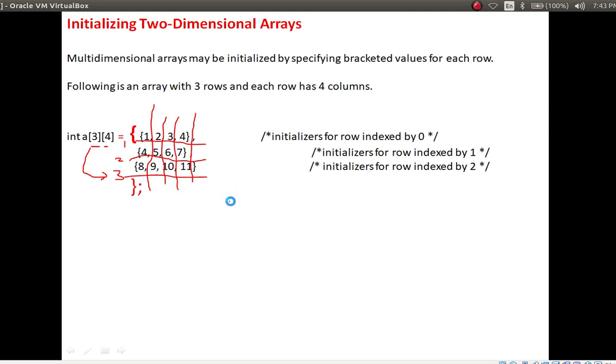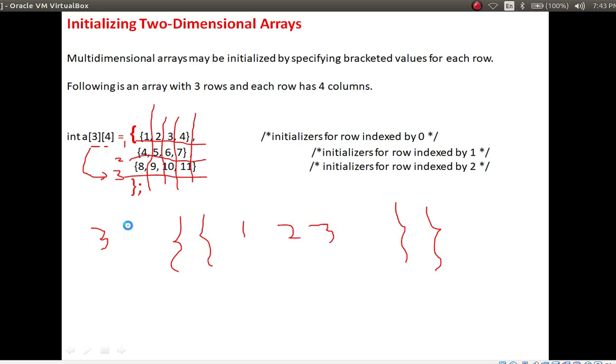So how do we initialize this two-dimensional array? With the help of brackets. This is the main bracket, and inside it you have to represent the given arrays. First you have to understand the size of the two-dimensional array. 3 rows means you have to write first, second, third.